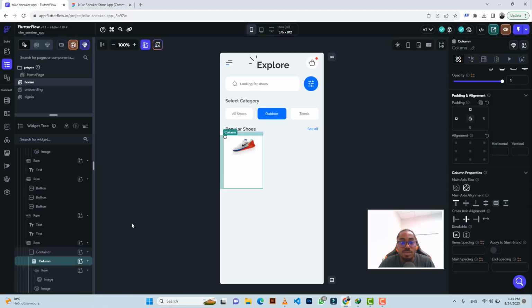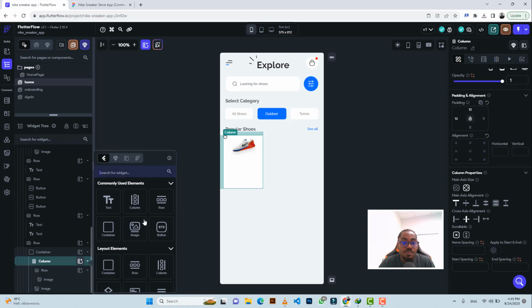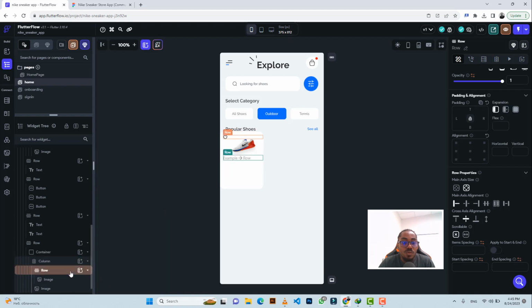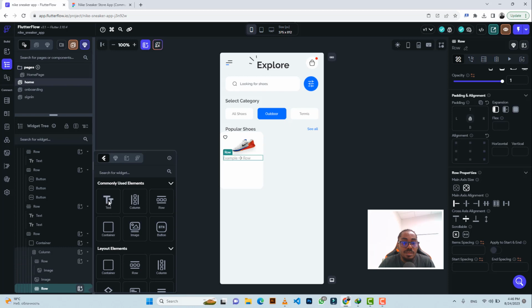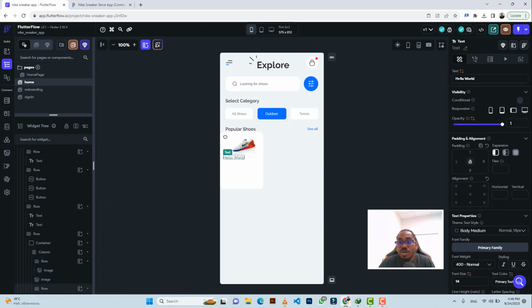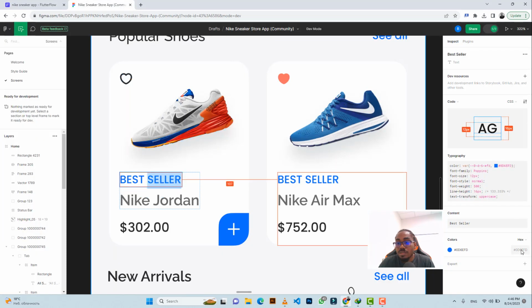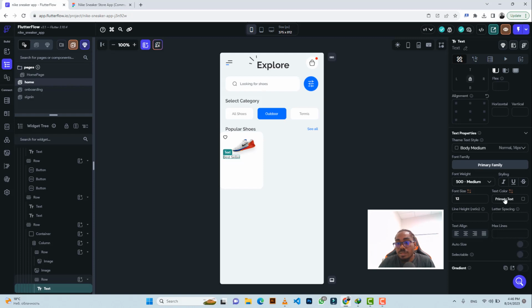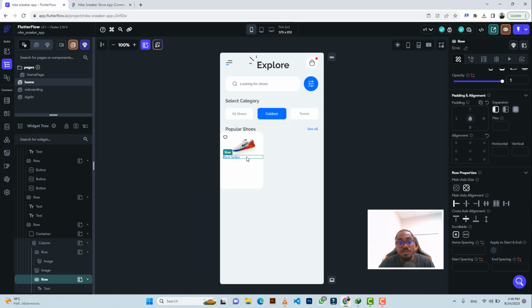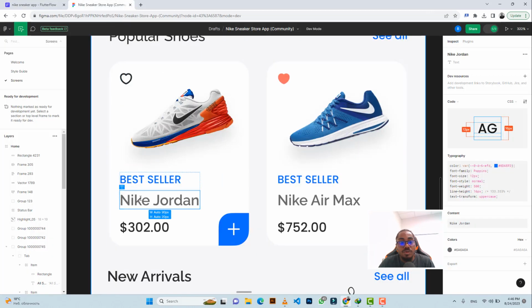Let's click on the column itself and we will add a row. In the row we're going to add a text. Then let's go ahead and add what we copied here, right? Bestseller, 500 by 12. Great. Then the color, I'm copying it here and pasting it here. Good. I'll click on the row and Ctrl D to duplicate it,